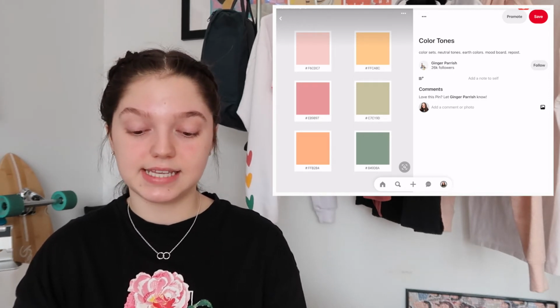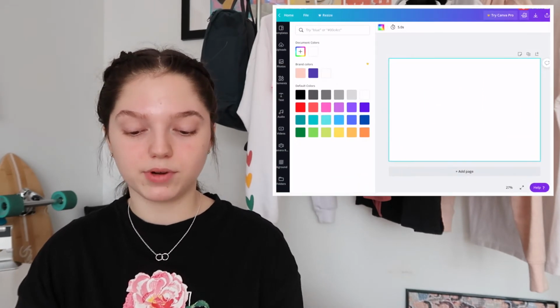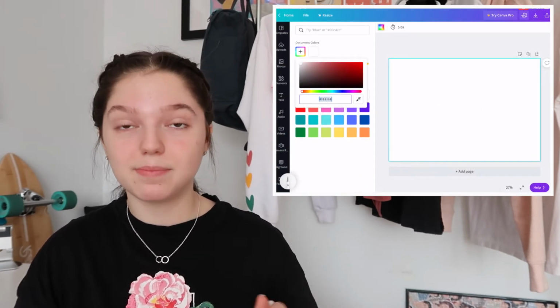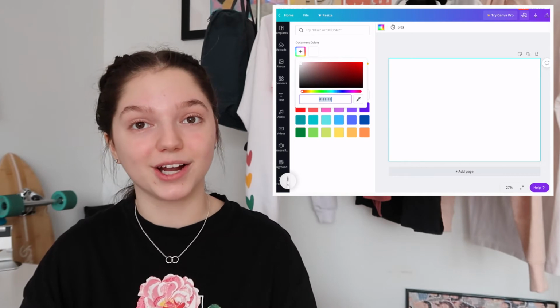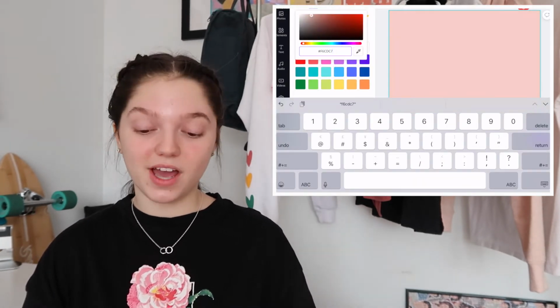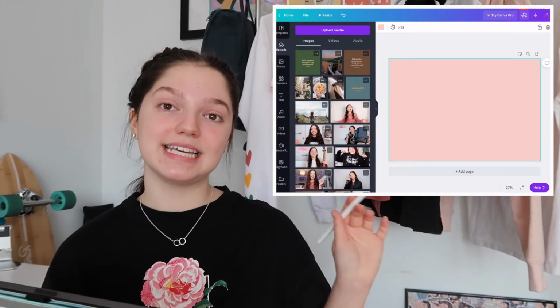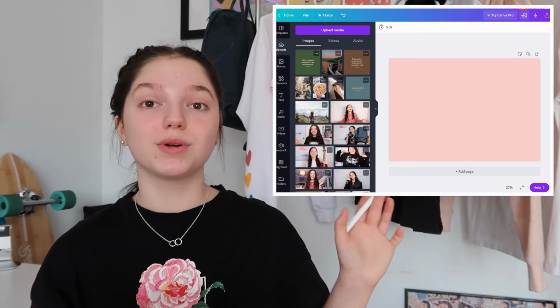And the number for this is F6CDC7. So all I have to do is go onto Canva, press the plus button, and type in that number, and it'll give me that exact color. F6CDC7. And there we go. It gives me that exact pink color that I saw on Pinterest. Alright, so once you've selected the color of your background that you want, you can go ahead and tap on your photos